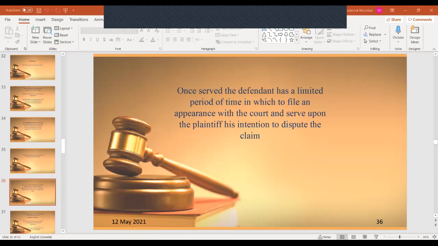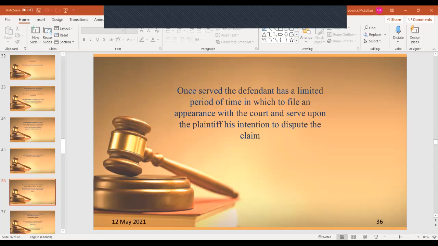So once the defendant is served, there's a period of time for them to respond by filing their own documents with the court indicating that they intend to dispute the claim. The timeframes are pretty strict. If you're a plaintiff suing somebody in Ontario, the defendant only has 20 days after they're physically served. You're going to be served either by the plaintiff themselves, which is kind of unusual. Mostly a process server is hired to serve somebody, because who wants to get punched in the nose when they serve somebody? So anyway, once they're served in Ontario, you have 20 days to say to the court,